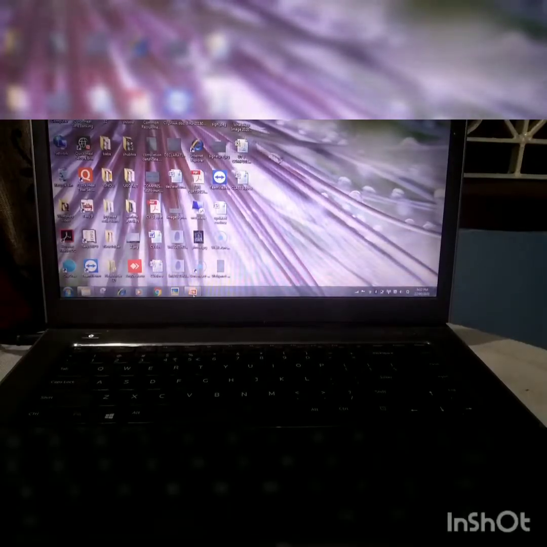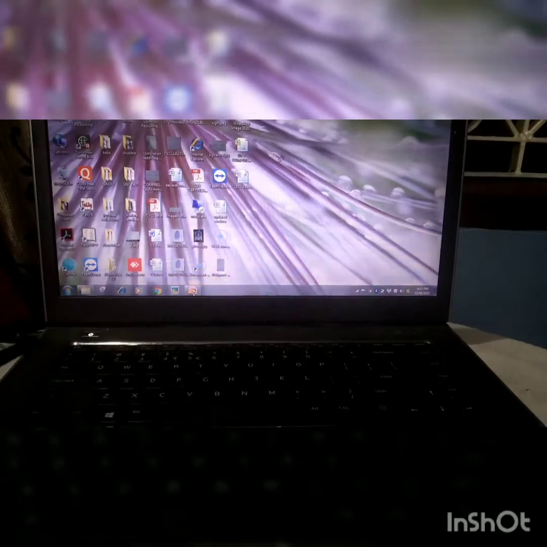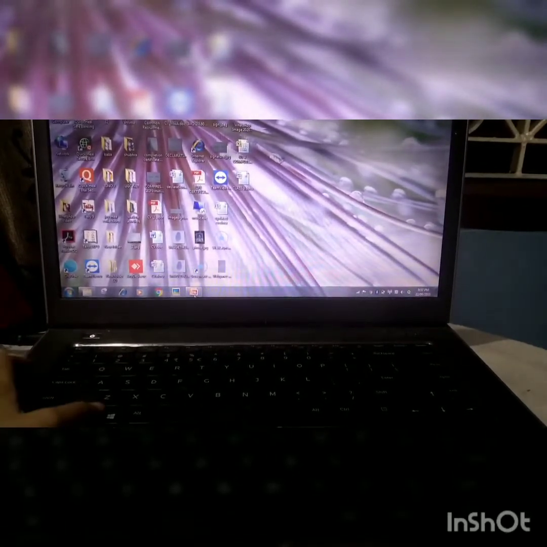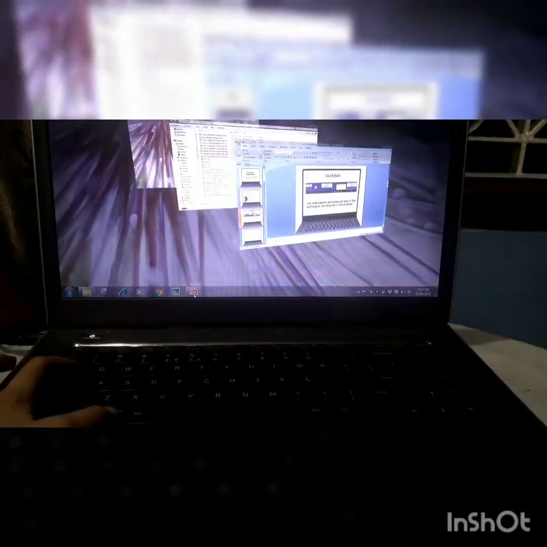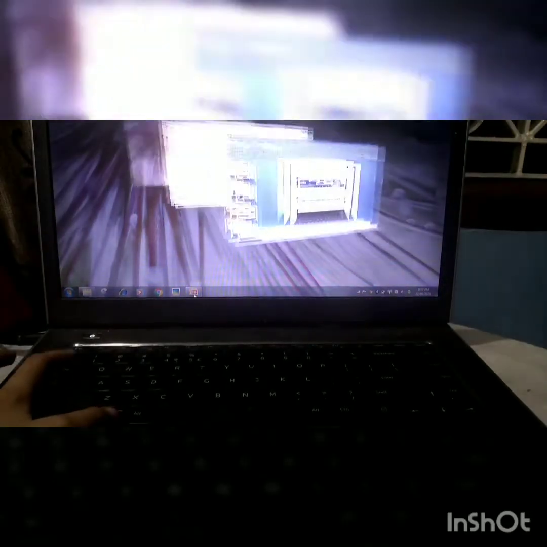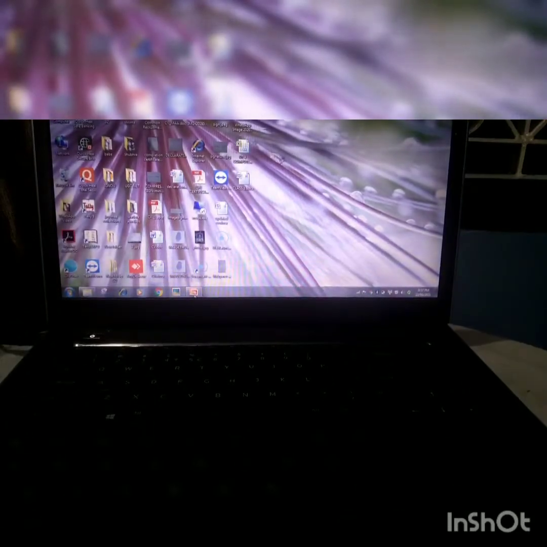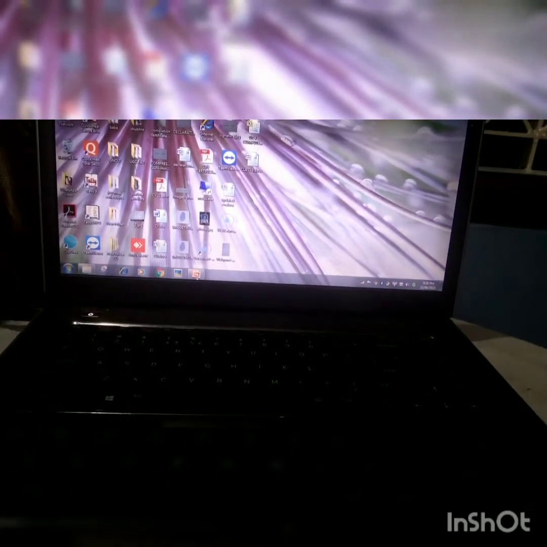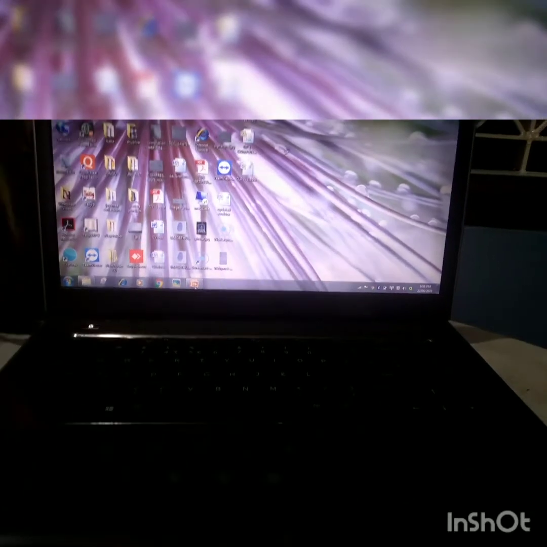Kids, let's see how the task view works. The first way is Windows key plus tab key. This key is the Windows key and tab is this one. I will press them together. See how Windows key plus tab key is working. They work this way. Next is the Tab key, this one, and the Alt key, this one and this one. I will press them together.